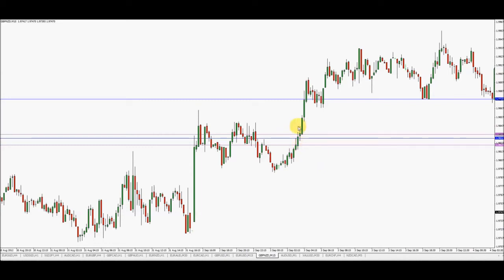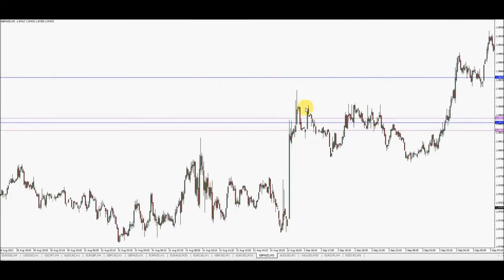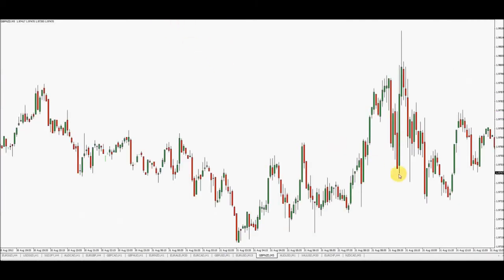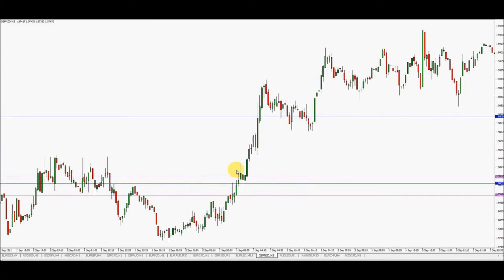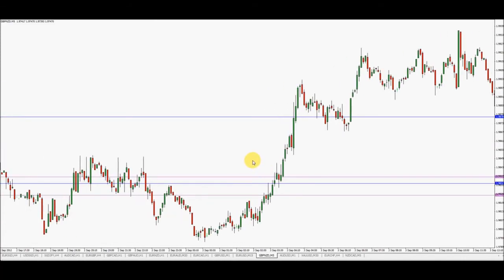Okay, 5 minute time frame. Now I can see on this time frame, remember the blue is the SR that was broken. You can see the SR history here. We had supply, price came up, broke above it, came back, tested this line here as demand, and then broke up. A small retest here, but we can see that